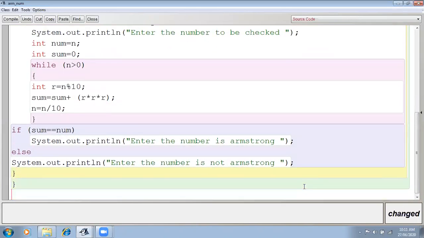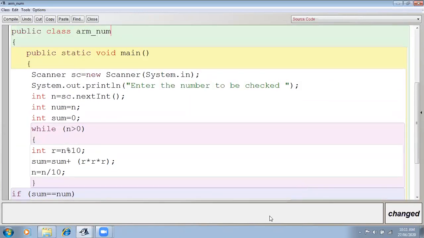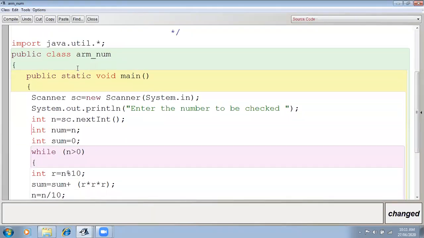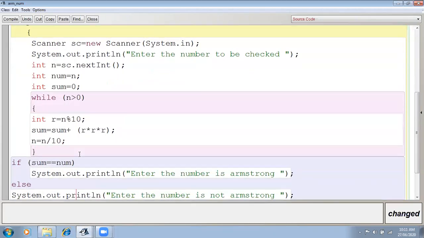Okay, understood? Once again check the program, then we'll compile it. Public static void main. We have written the import of Java first of all, because we are using the scanner object, and the next int value is inputted. Then we are copying n into num, and sum as 0. The while loop will execute till n becomes 0.